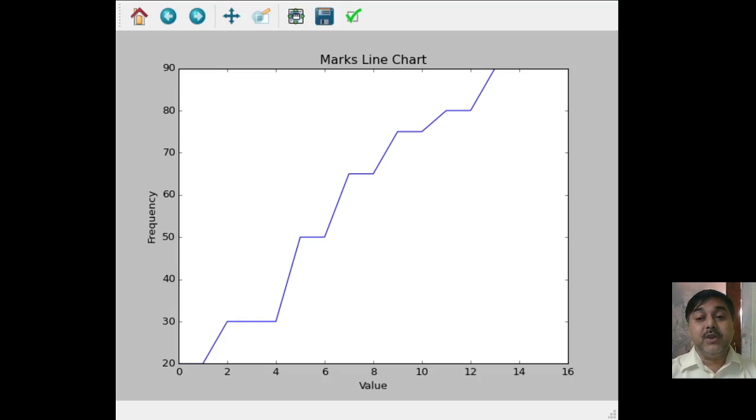Okay, so in this particular graph you can see how the particular data has been visualized, and how the particular data has been worked on. Clear? So this is the way you can find that the work has been completed.